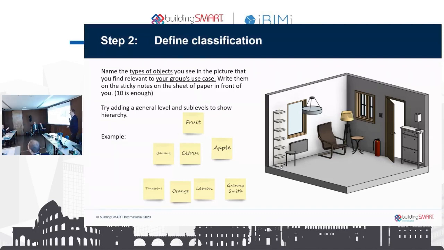So we have prepared a simple IFC model showing just a part of an apartment. And here we have different objects. You also have this printed on your exercise sheets. The first step for you, or the second step, will be to define basic concepts that you find in this picture that are relevant to your use case, your group's use case.